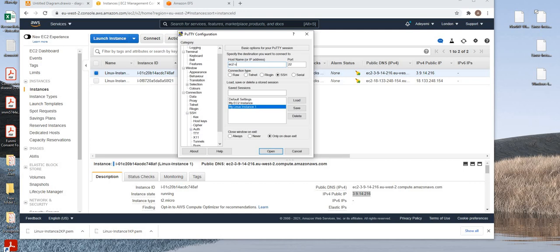EC2 user at this. Don't forget this is port for SSH. Let's load this. Now that we have loaded this, let's go to authentication. From authentication, we can now go to